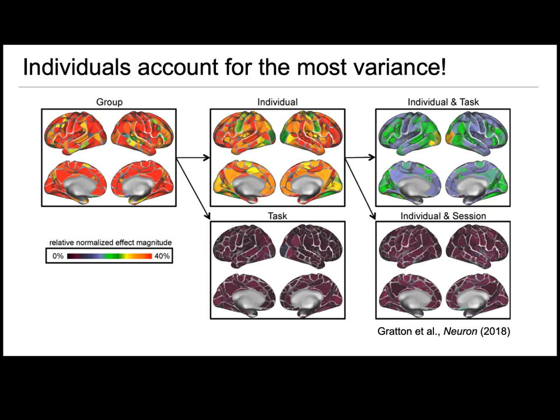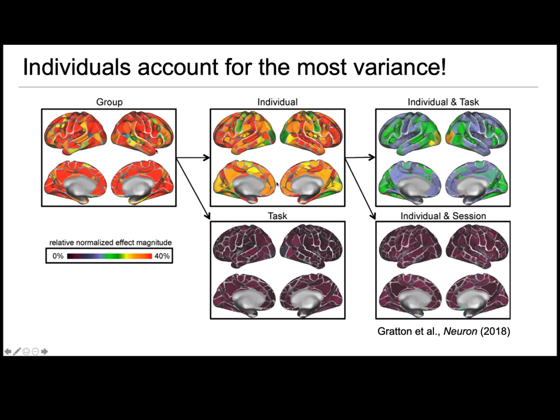There's also been some really nice work from a group at WashU. This was a paper where they scanned 10 individuals many, many times, and they had them doing different tasks. This is somewhat similar in spirit to the work on the Human Connectome Project data, but here it's densely sampling from 10 individuals, and they were able to actually partition the variance in connectivity into factors associated with individuals, tasks, and sessions, and then the interactions. And the point